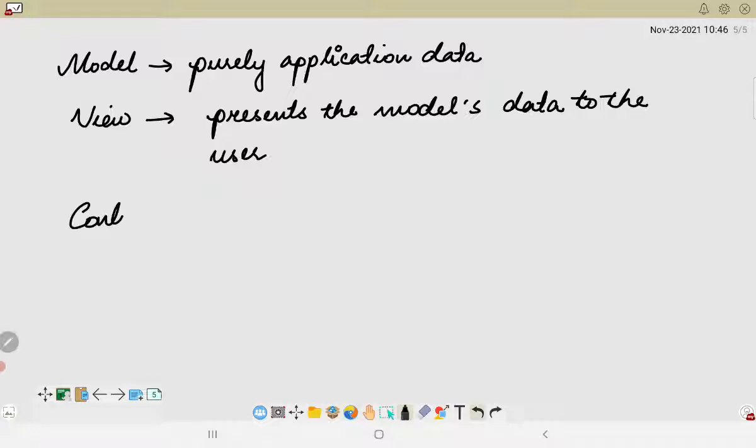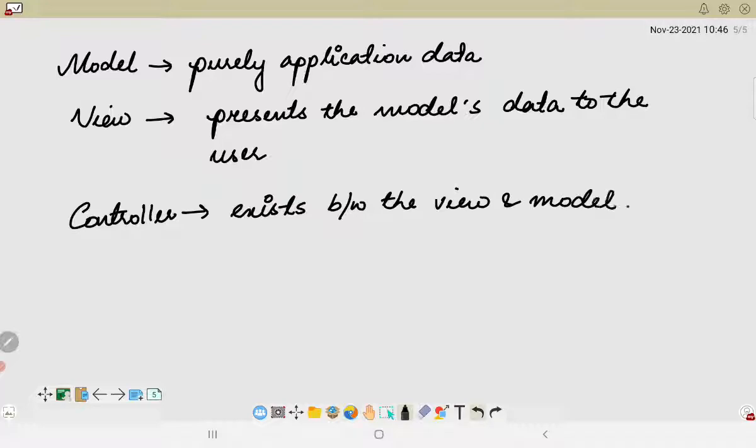And thirdly, we have the controller. So the controller is like the backbone. The first point is that it exists between the view and model. View and model are not directly connected to each other. It listens to events triggered by the view or other external sources and executes the appropriate action for these events. In most cases, the reaction is a call to a method on the model. Now, since the view and model are connected through a notification mechanism, the result of the action is then automatically reflected in the view.